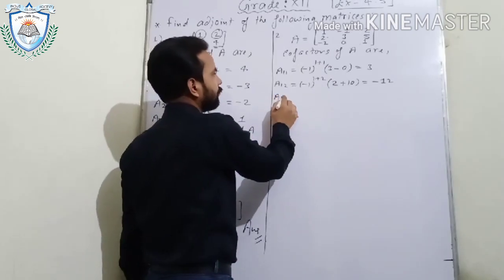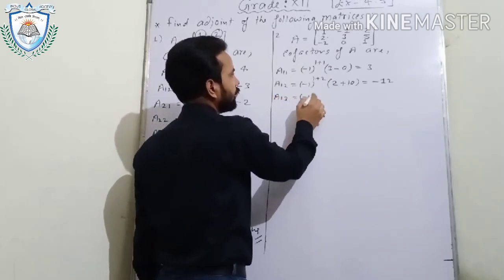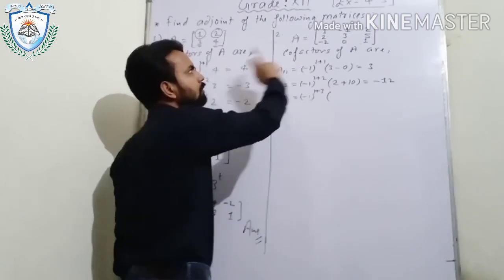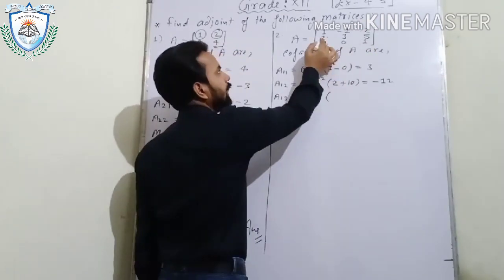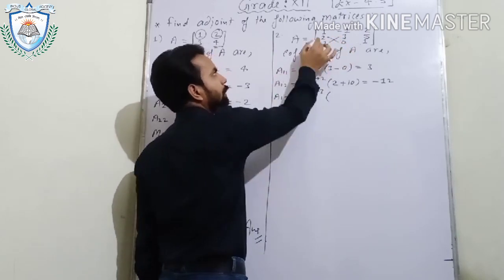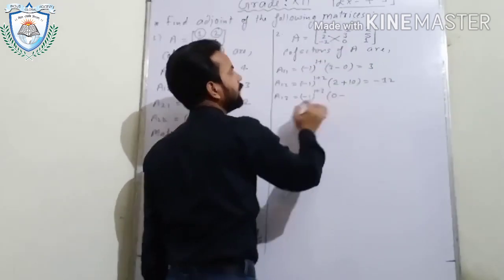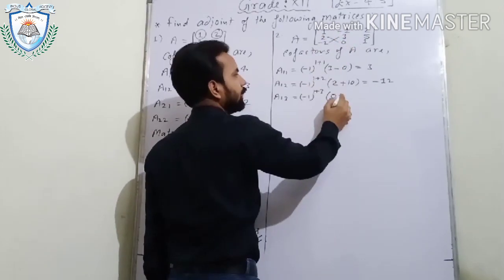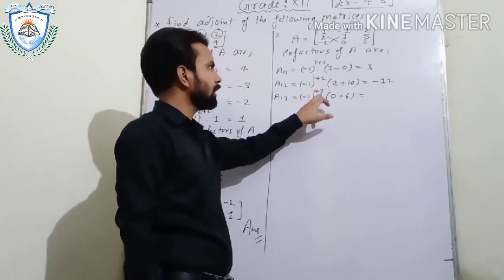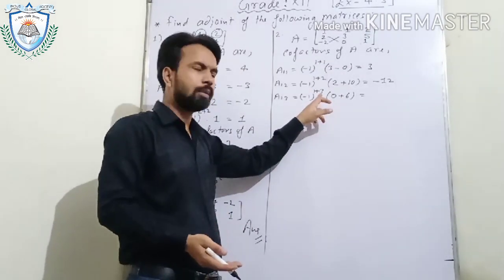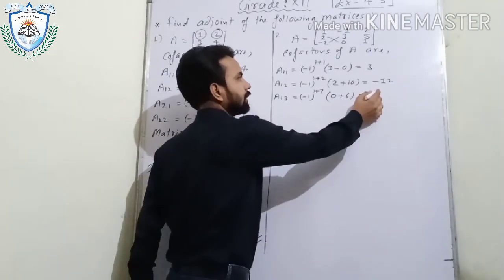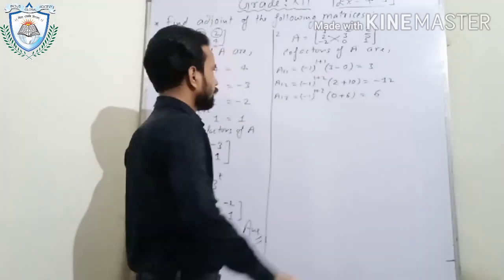Similarly, we will have to find A13. A13 means minus 1 to the power 1 plus 3. So for A13, we will hide first row and third column. Then the elements remaining are 2, 3, minus 2 and 0. We will cross multiply them. So 2 into 0 is 0. Minus 2 into 3 is minus 6. So it will be plus 6. Clear? Now minus 1 to the power 1 plus 3 is 4. That is even number, so result will be positive 1 and 6. Positive 1 into 6, that is 6. Clear?